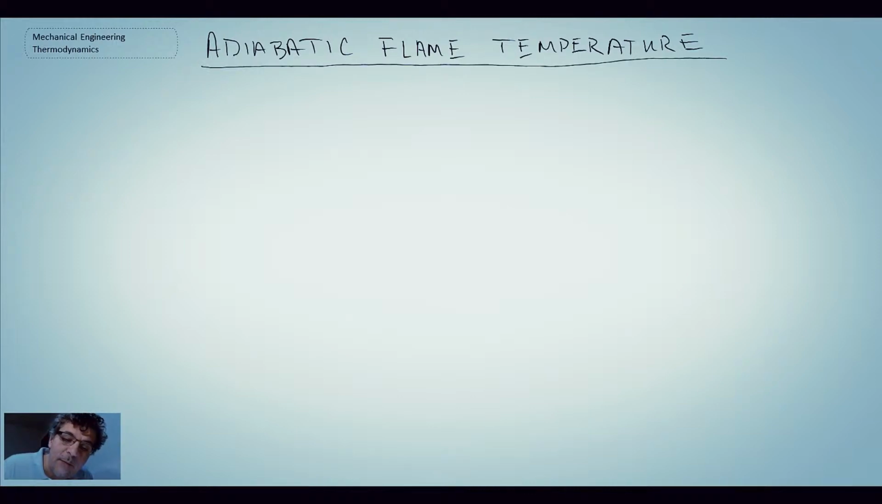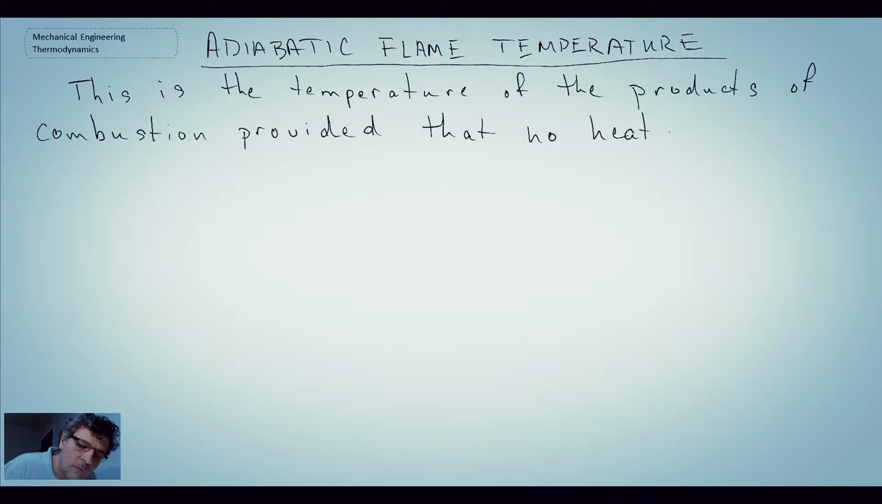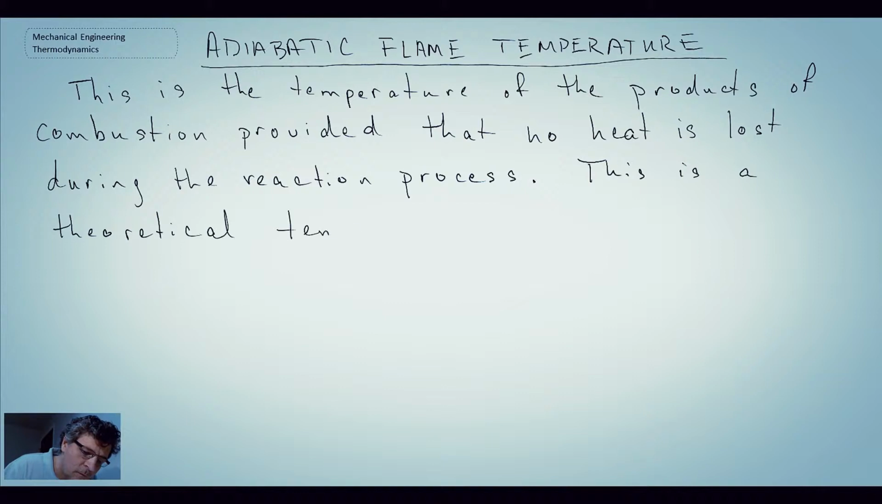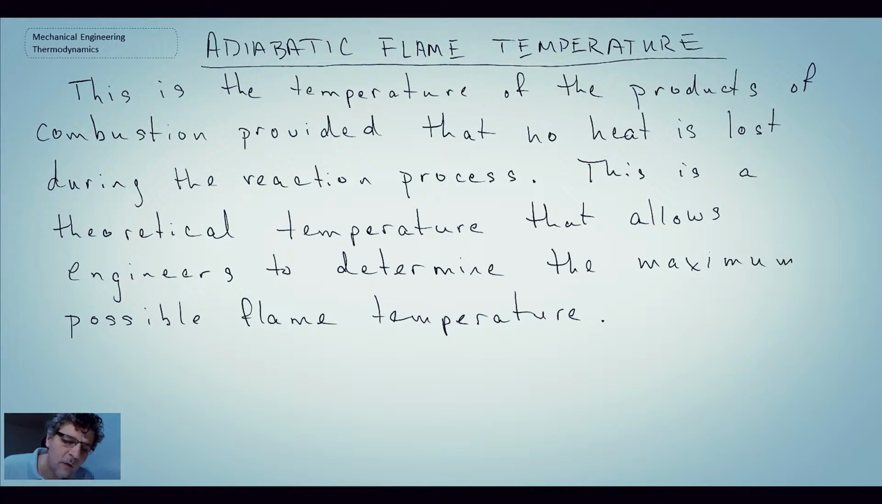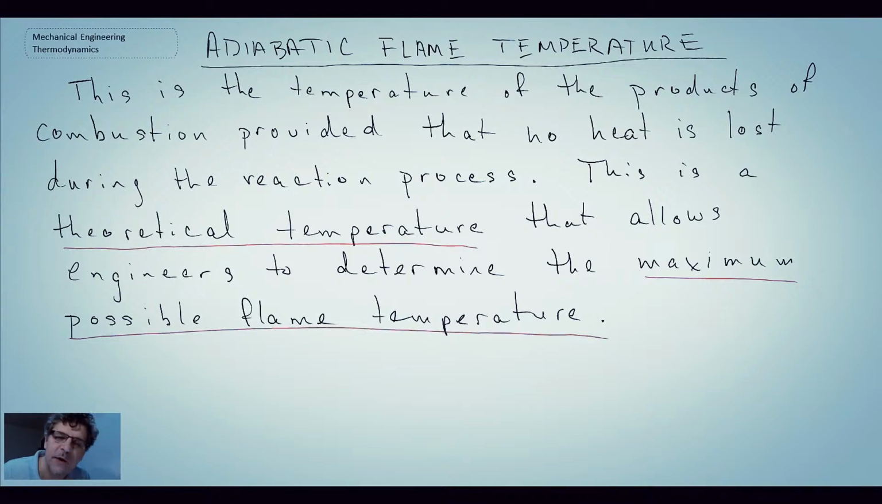It's called adiabatic flame temperature, and just like it sounds, adiabatic means that there's no heat transfer. So we have combustion without heat transfer. That's the hottest that it will be able to get. So that's the idea behind the adiabatic flame temperature. There's no heat loss, so this is a theoretical temperature, and it is the maximum possible flame temperature. It's a useful number for engineers to use to determine the maximum temperature that they may have in a